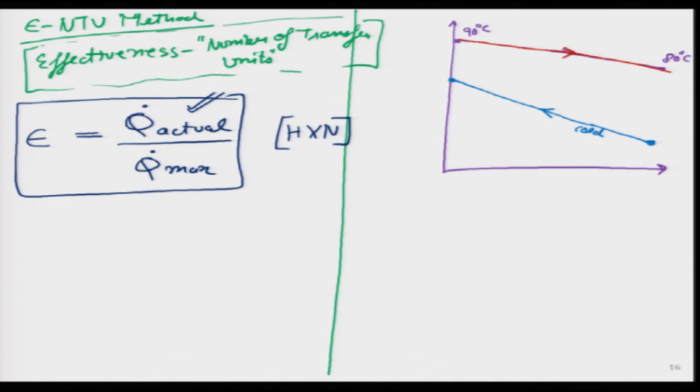What I am going to do is a thought exercise. Should I put some numbers over here? Okay, I'll go ahead and put some numbers as well. Let us say this is 10 degrees, this is 70 degrees. We know from the diagram that this looks like a counter flow heat exchanger, right? I do not need to draw the schematic because we have done it many times in the past few lectures. I am going to assume everybody remembers what a counter flow heat exchanger is.